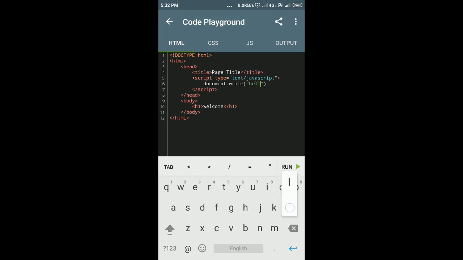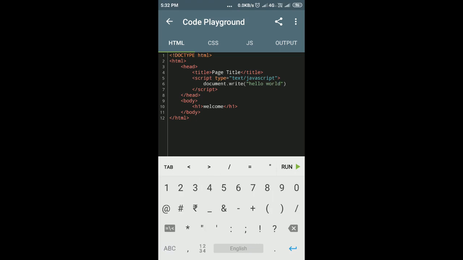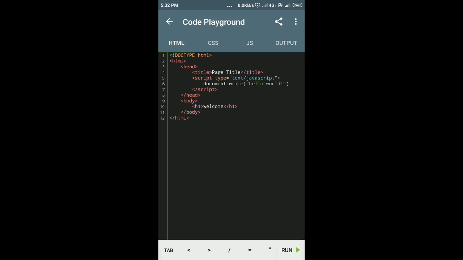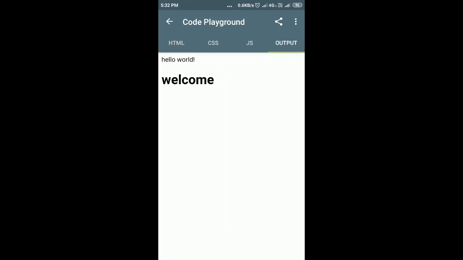I will type the hello world. Okay, so now again see the output by clicking on the run button. So see, hello world is appeared in the page.